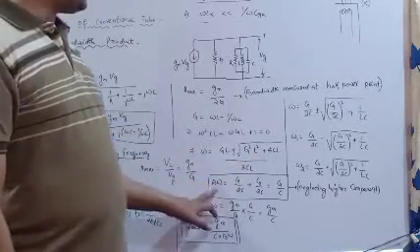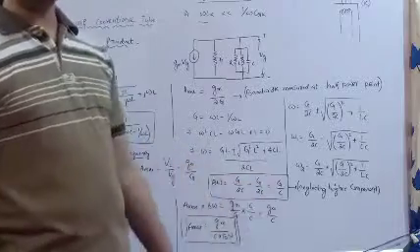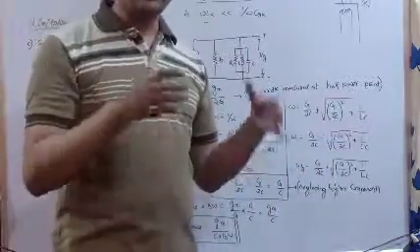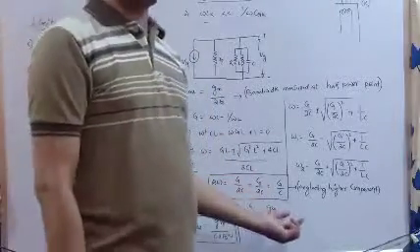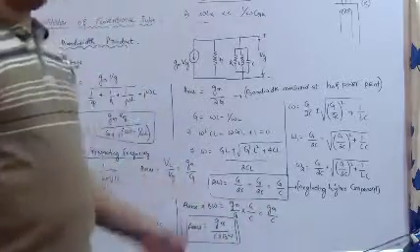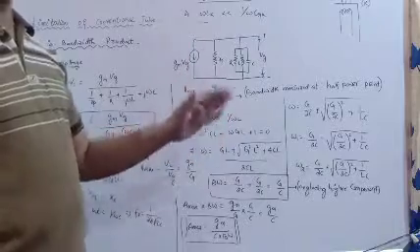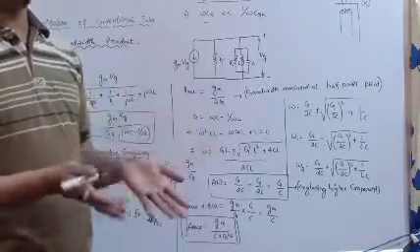So the bandwidth is equal to (G by 2C) plus (G by 2C), which is G by C. This is neglecting the higher components. If any other component is there, neglect it. We only need to identify the constant value. So the bandwidth is G by C. Once the bandwidth is known and the gain is also known, all these things we are calculating at the resonating frequency at which maximum gain is obtained.